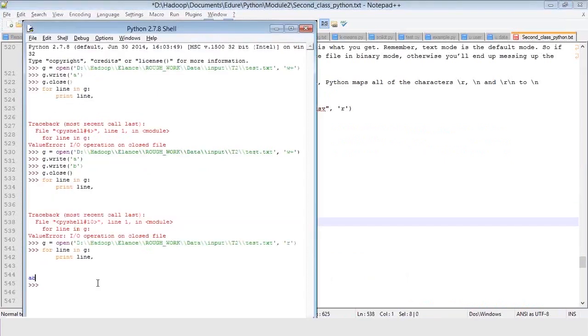Okay. And also there are a couple of things here now. G.tell will tell you where exactly my file position is now. It's in the second line. Okay. My G.tell is giving you the position the cursor is in right now. If I want to write anything on the file,